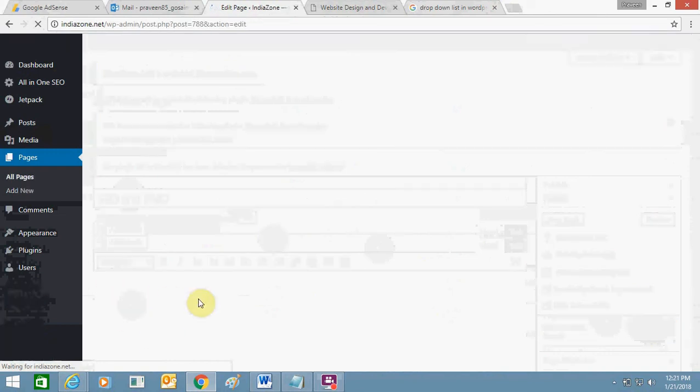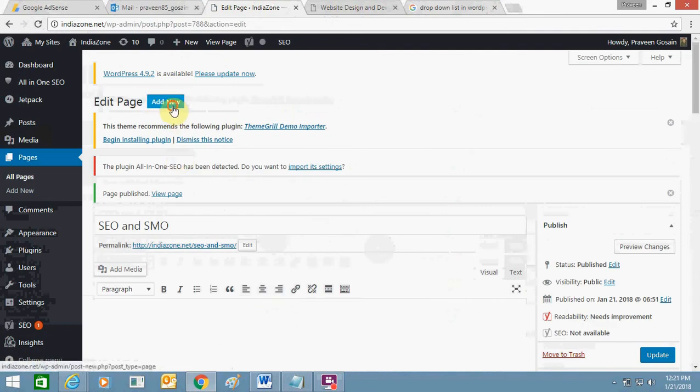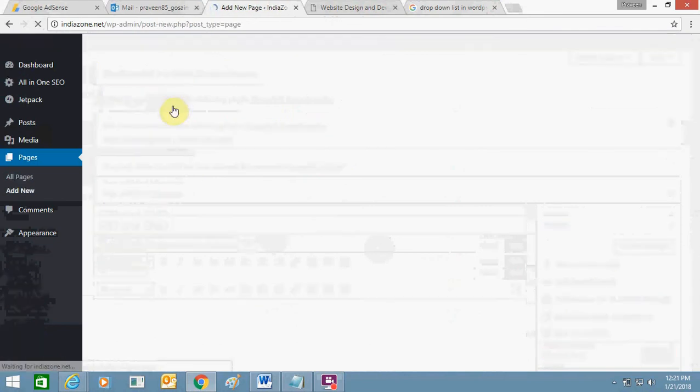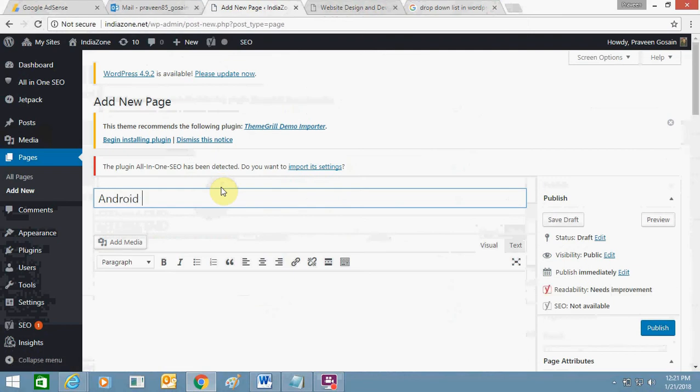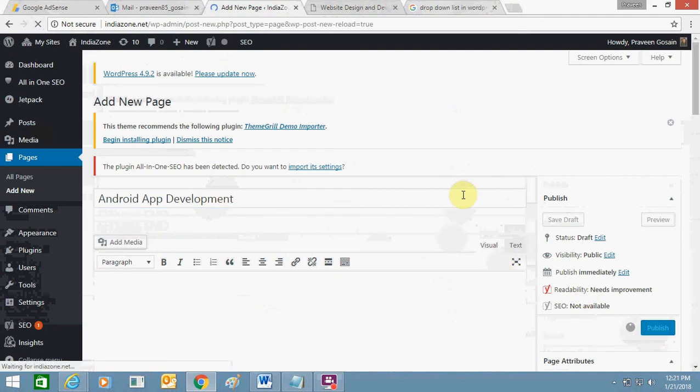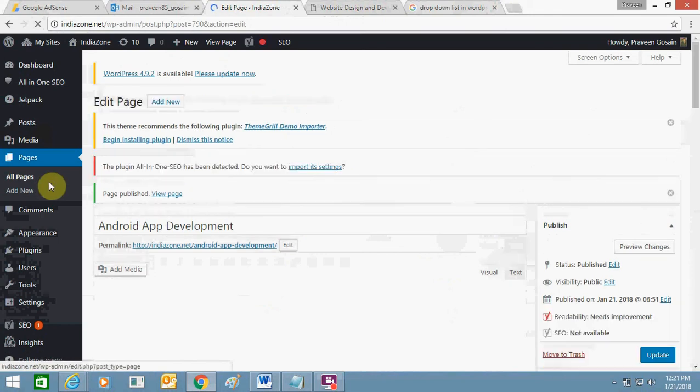I will write the content here later on, and another page I will add is Android app development. So these are services which I am going to add on my website, and if you want the cheapest and best services, then you can contact me anytime through my niazone.net website.